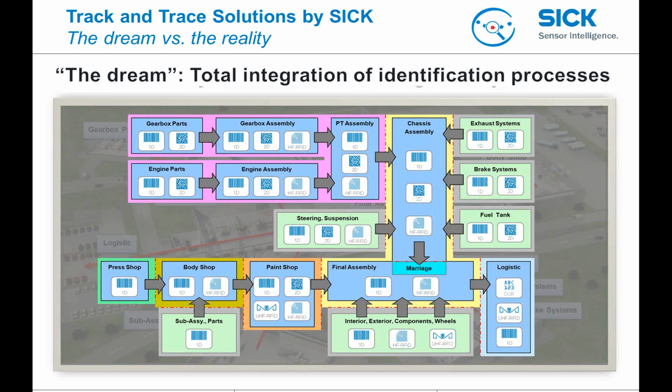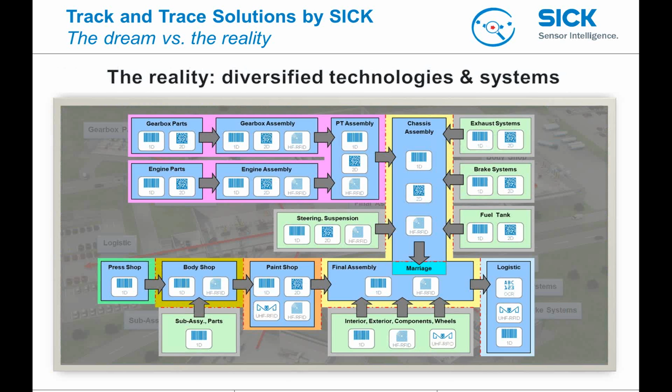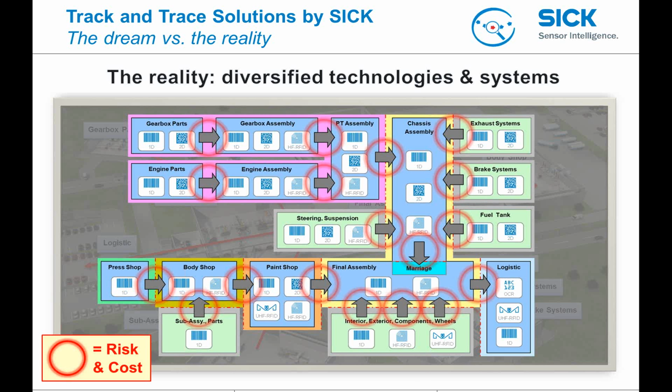Compared to the current situation, this looks slightly different. So today, the reality is that we do have a high number of diversified technologies and systems fulfilling the track and trace applications in automotive manufacturing. In the view here, it's a slightly different viewpoint angle, but this is the present situation, that every single shop, or sometimes even within the shop, there are different technologies in use, different interfaces where parts need to be copied and risks are created. So at all these interfaces that we marked here with red, we have potential risk